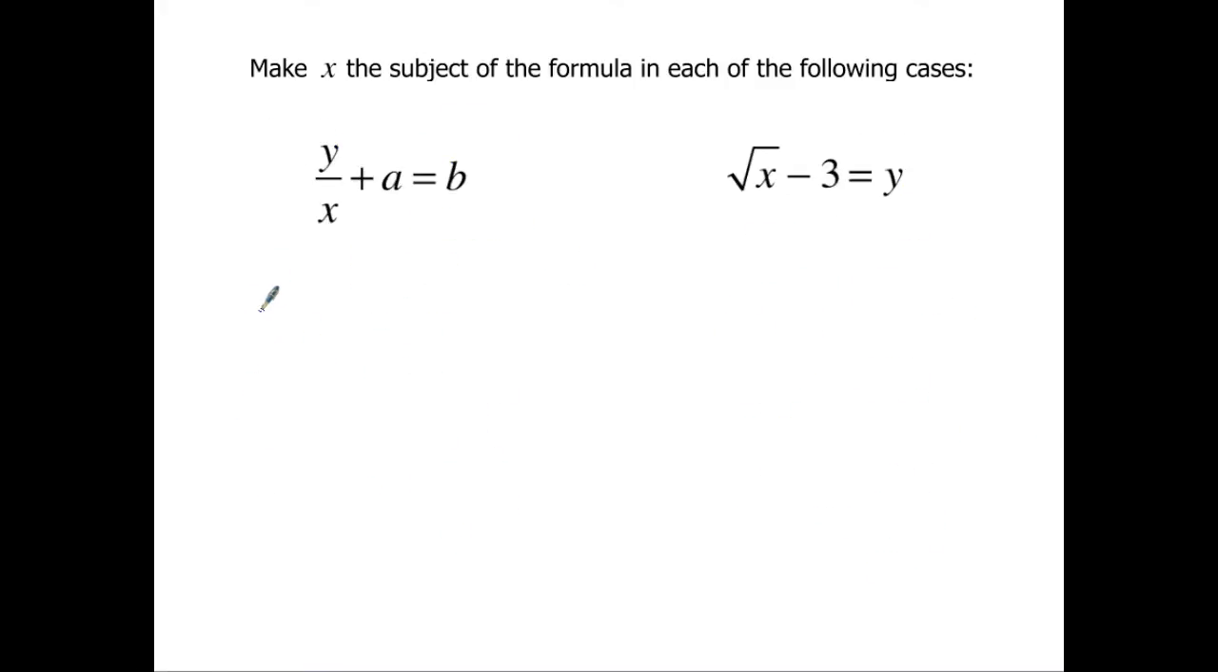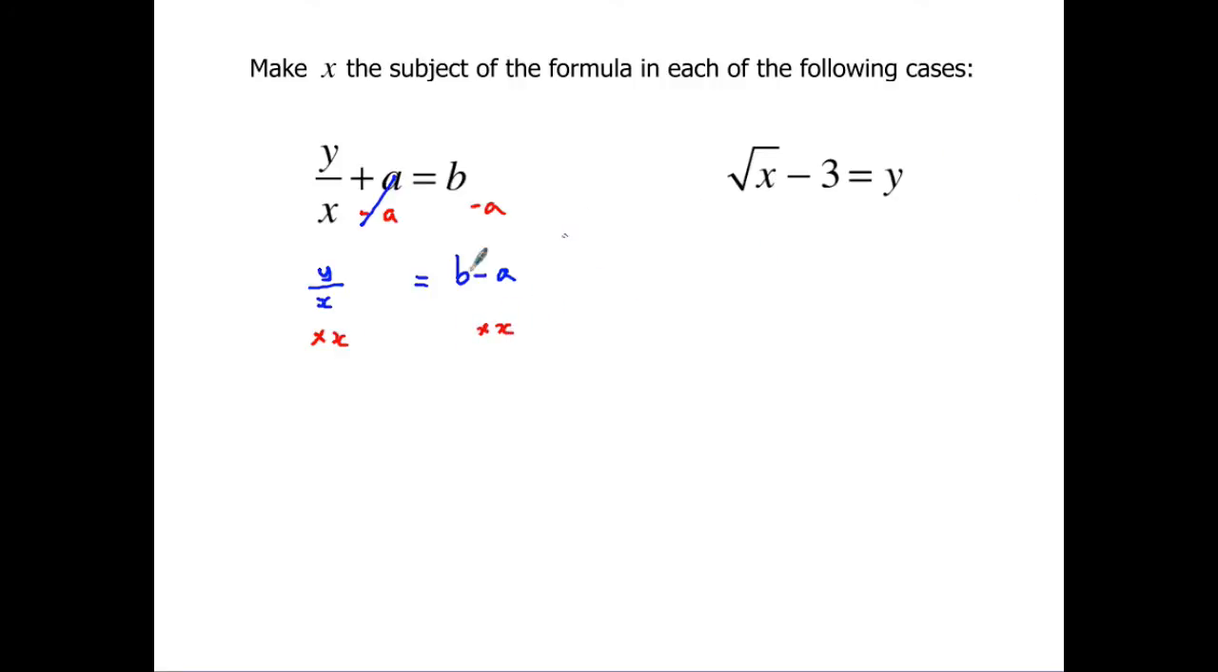Make x the subject of the formula in each of the following cases. So I need to find this x term here. I could multiply everything by x straight away, in which case I'd have to multiply this term by x and this one. But it might be easiest to take away that a straight away here. So subtracting the a from both sides, it gives y over x equals b minus a, and then removal of the x by multiplication